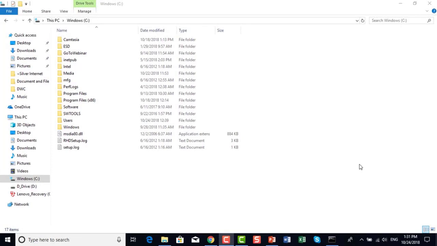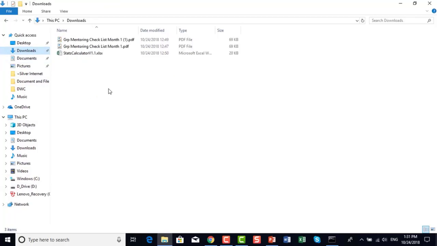So the next folder that we want to look at is the Downloads folder, and the Downloads folder is the one that collects any files or videos or music that you download by default. So if we have a look at that, then I've got 2 or 3 files in here which I've downloaded,